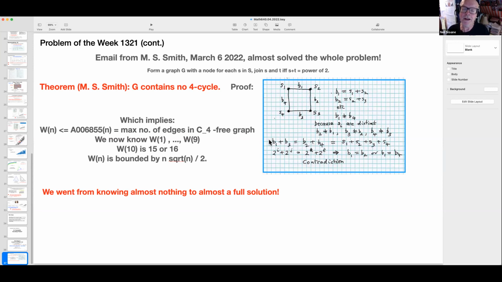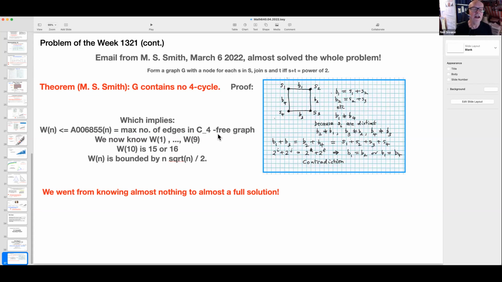That means that B1 must equal either B2 or B4, but we've proved that can't happen. So this is a contradiction. So you can't have a 4-cycle. That means that W, this mysterious number, is bounded by the maximum number of edges in a graph with no 4-cycle, which happens to be a classical sequence,